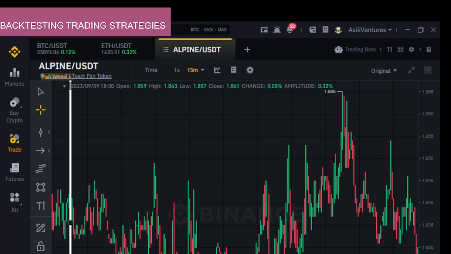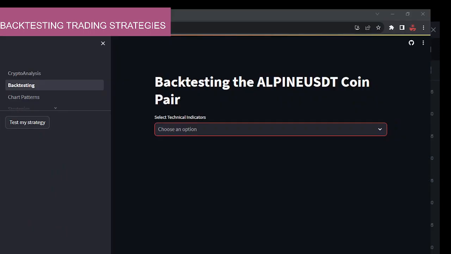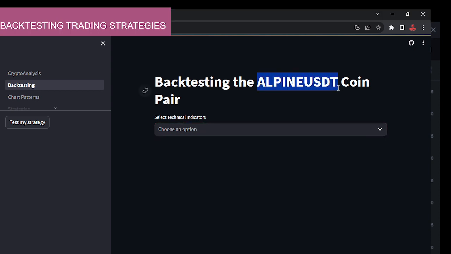So what I mean is your crypto analysis tab. You can see this particular tab. That's where you selected all these parameters, the coin pair. Once selected, you'll see the same coin pair being displayed there that you're backtesting. Another thing that you need to note is that